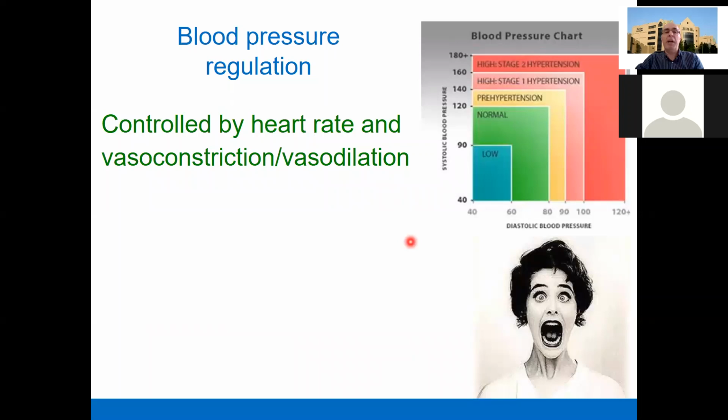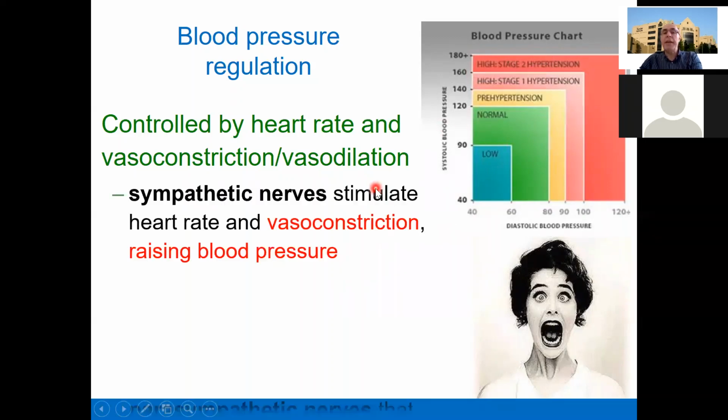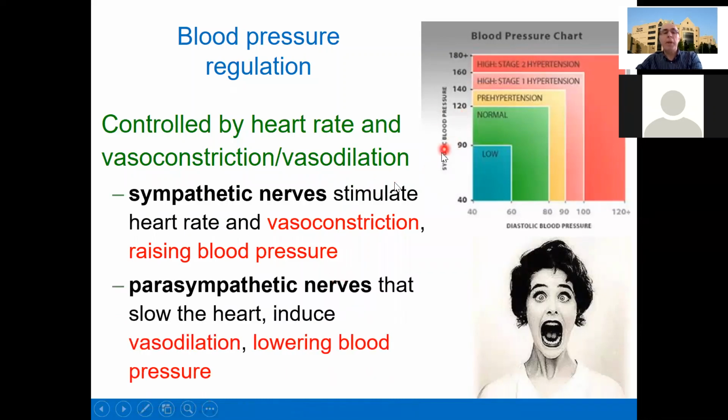Okay, what is blood pressure? This is a really important point, because a big health problem is high blood pressure, which is also a risk factor for coronary heart disease. Therefore, we need to be familiar with that. Blood pressure, as I said, is controlled by heart rate and vasoconstriction and vasodilation. As you see in this diagram, let's first look at the